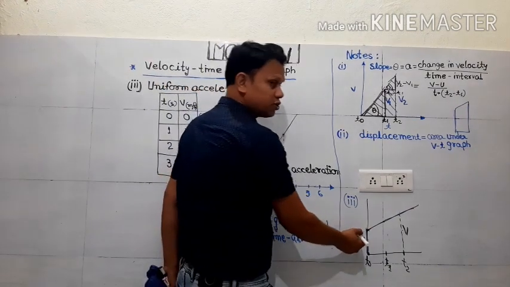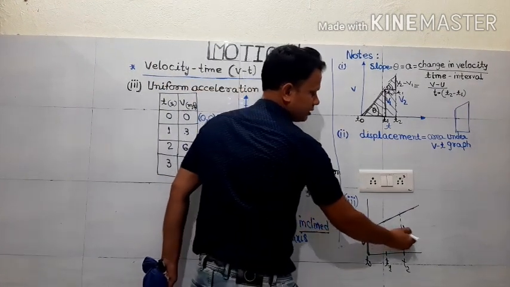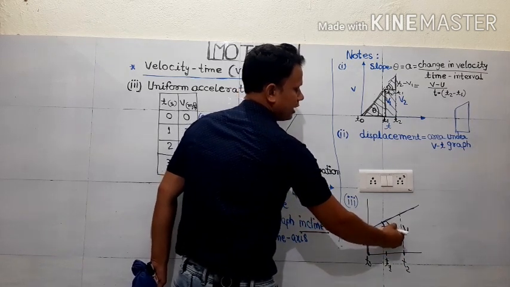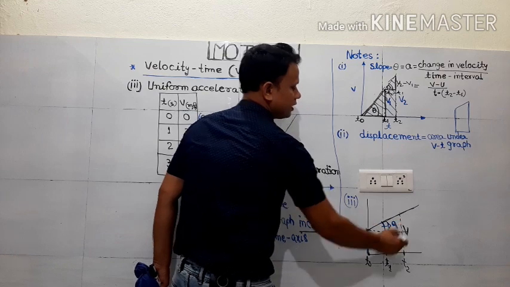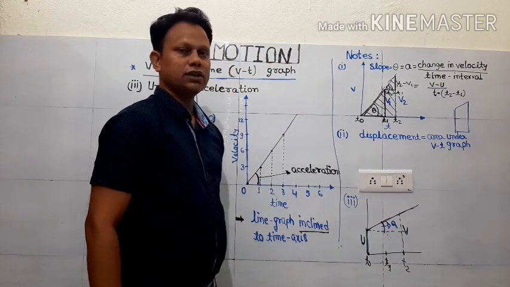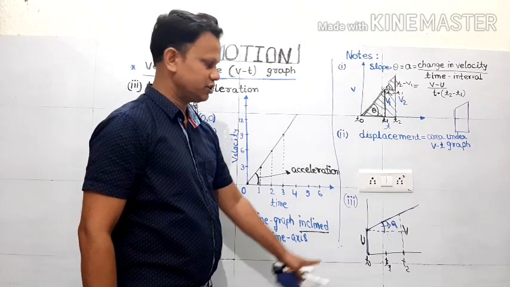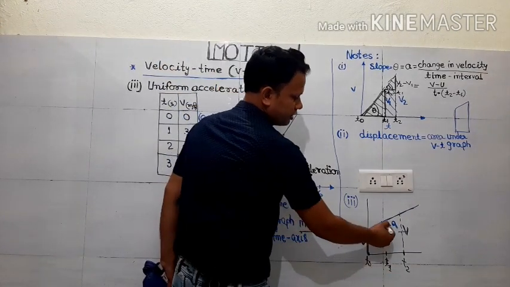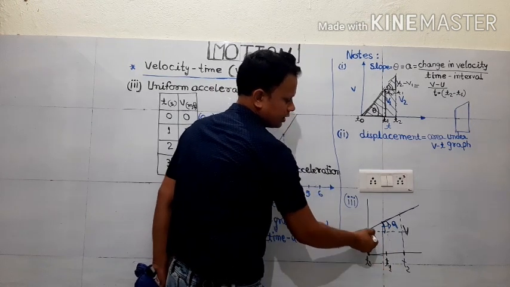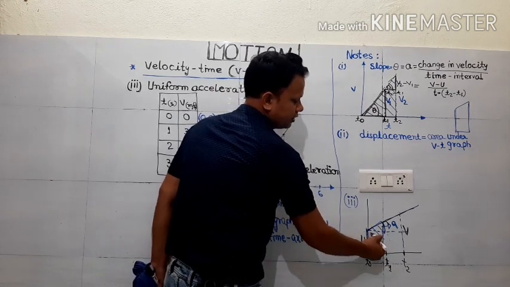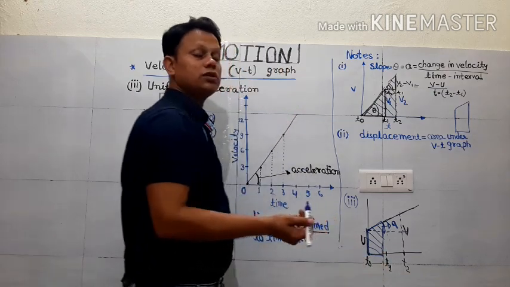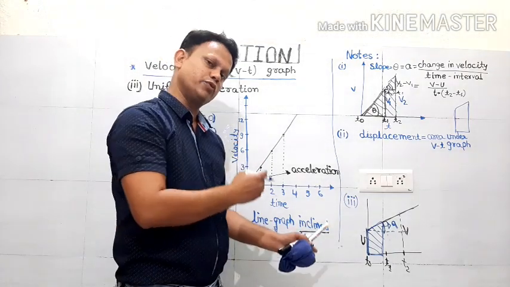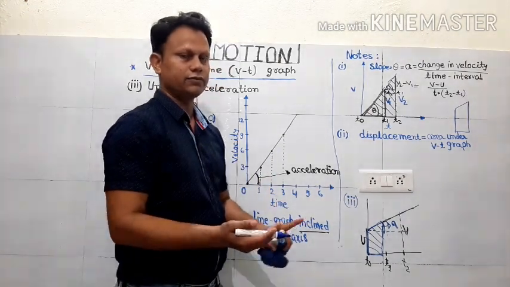Now, how will I show acceleration here? Again you imagine a line parallel to the time axis, and again the slope is there, which will show you the value of acceleration. Now again somebody is interested in finding the displacement of the object during T0 to T1. So for T0 to T1 you have to enclose the area of this shape and find out the area. According to the shape of the graph, you will get the formula, and if you find out the area, you will get the value of displacement.